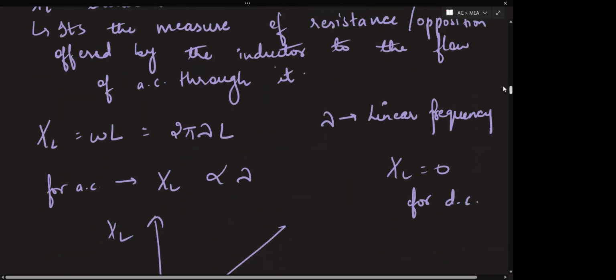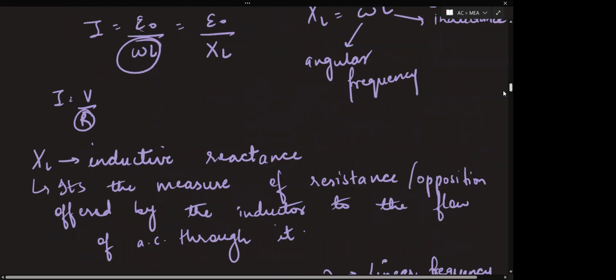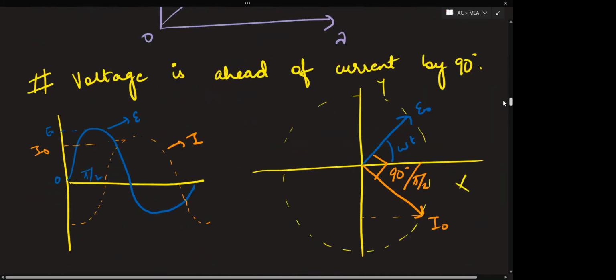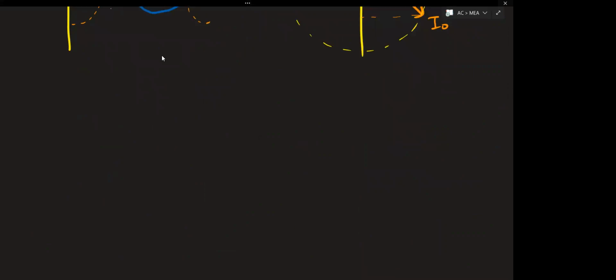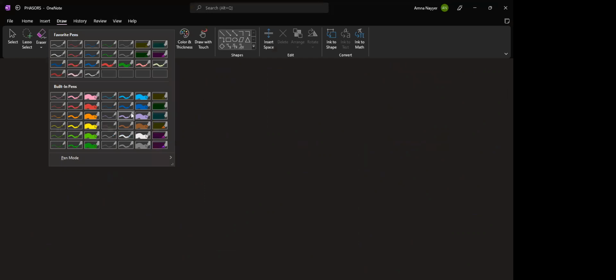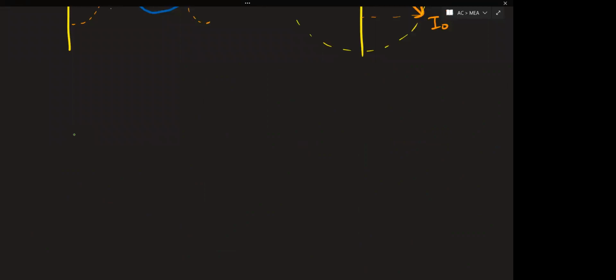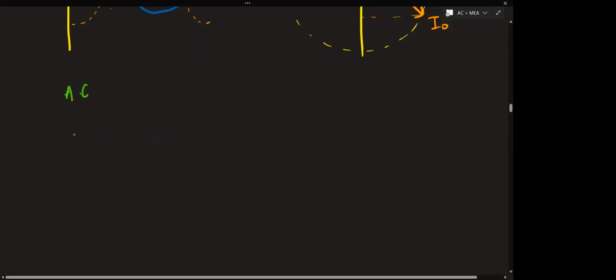So XL was a new term that was introduced. That was the resistance in the case of a circuit containing only an inductor. XL is basically a resistance, and you can write its value as XL equals omega L. One last circuit that was left, what? AC circuit